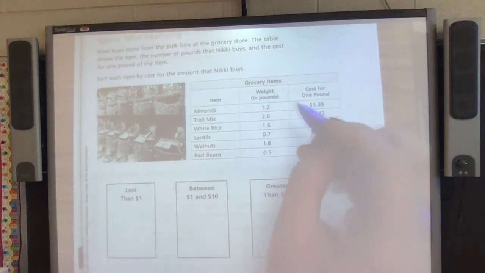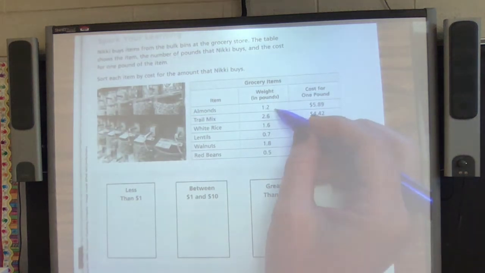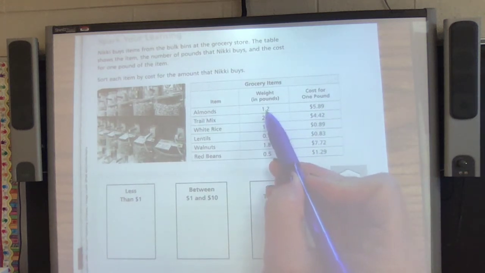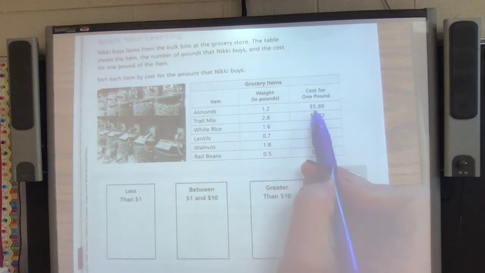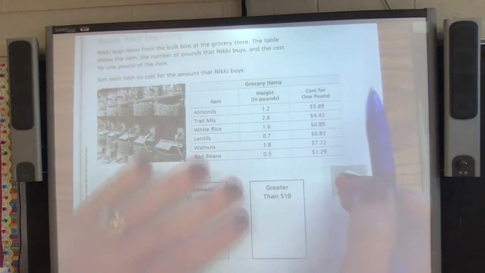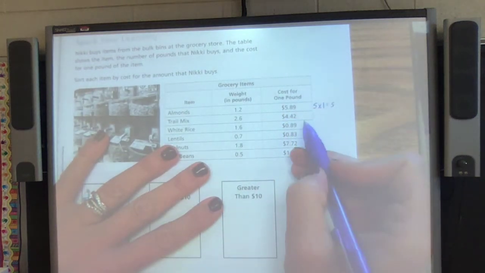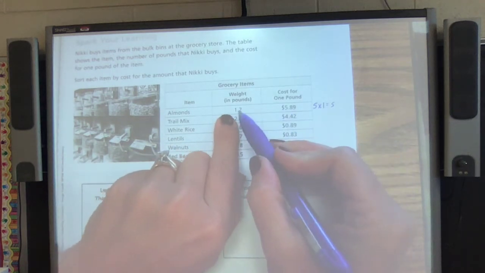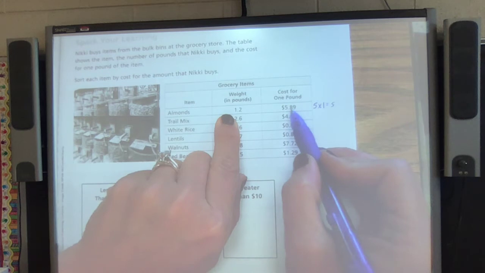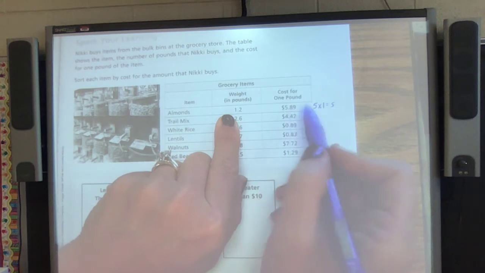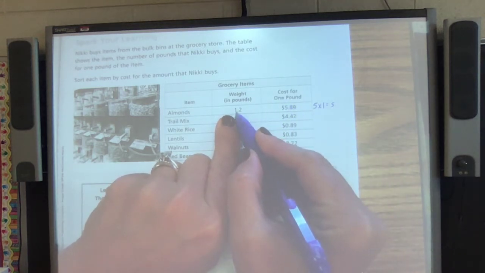All right, so let's start at the top with almonds. We have 1 pound is $5.89, and she gets 1.2 pounds. So just like we were talking about yesterday, already I know that my answer is going to be larger than $5.89. The reason is because I know 5 times 1 equals 5, and I'm multiplying 5 by something larger than 1. So I'm going to get something larger than my amount here. Now, it shouldn't be $50 or anything like that,